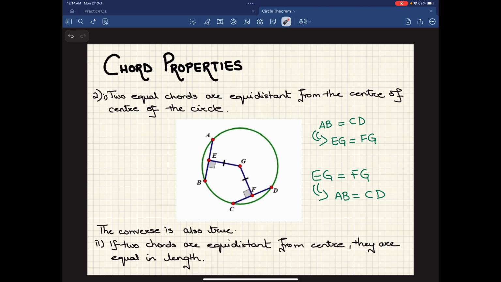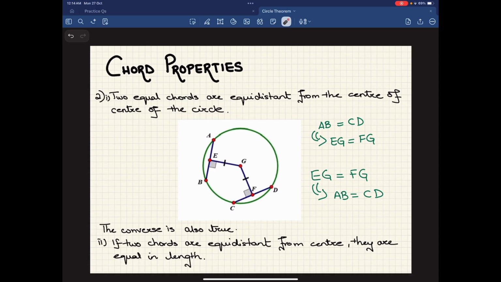Again, the converse is also true. If two chords are equidistant from the center, so they've not told you that AB and CD are equal, what they're telling you is that EG and FG are equal. So the distance from the center to the two chords is equal. Then you can safely assume that the chords are also equal. So if the question states that EG equals FG, where G is the center of the circle, then we can safely assume that AB equals CD. Okay, so these are two chord properties